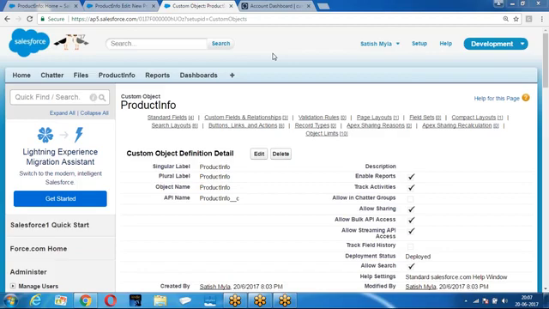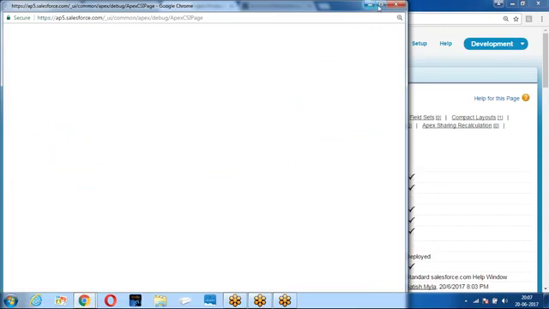The first choice: if I choose the workflow, using a workflow you can only make a field update. You cannot run any Apex class or web service program. So workflow is not a suitable option. Then what is the other option we have? Triggers. So we need to make a web service call from a trigger. Right, boss? So let us see. I am trying to create a web service call from a trigger.